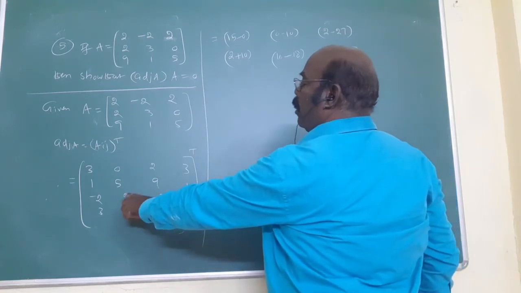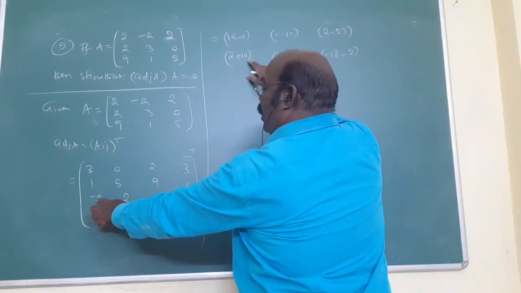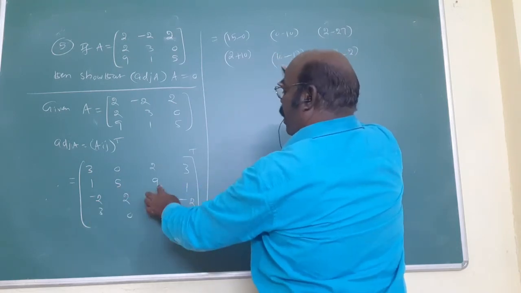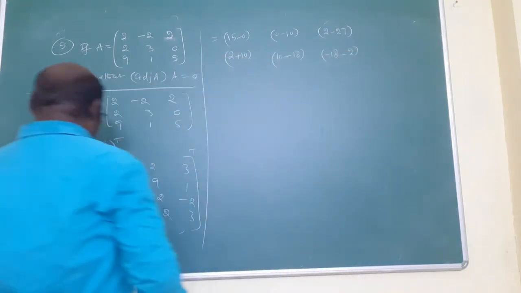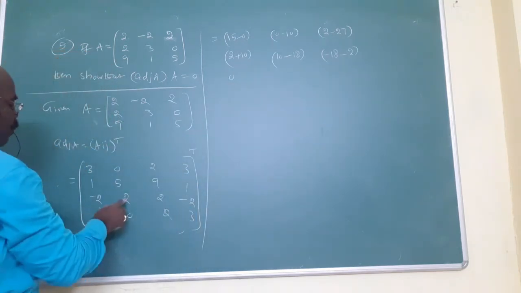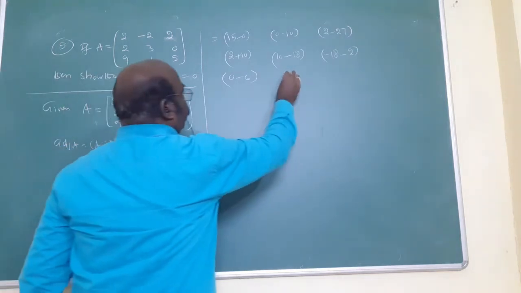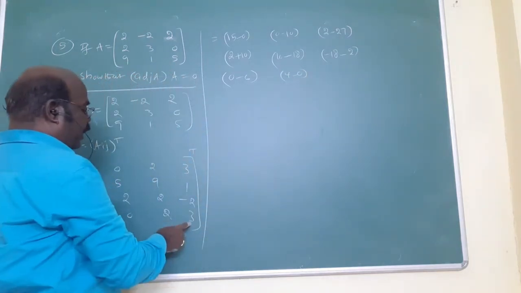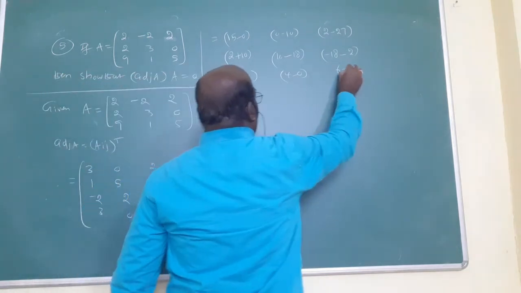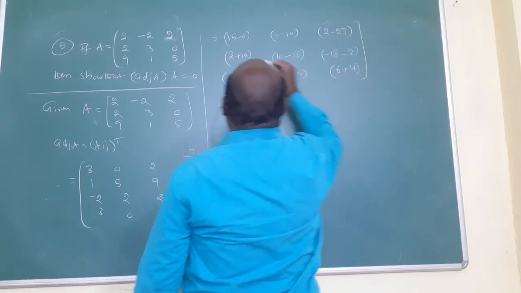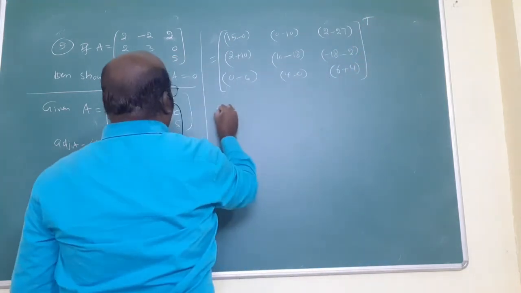Sorry, here something is wrong. First 1 to sub 2, correct. 5 into minus 1 plus 10. 5 to sub 10 minus 18. 9 into minus 2 minus 18 minus 5 20. Last one 0 here minus 6. Here 2 sub 4 minus 0. Last one 6 minus, you know, minus 4 means plus 4 will come. 6 plus 4. The sign is important. Am I right?